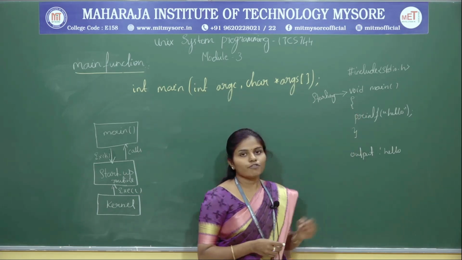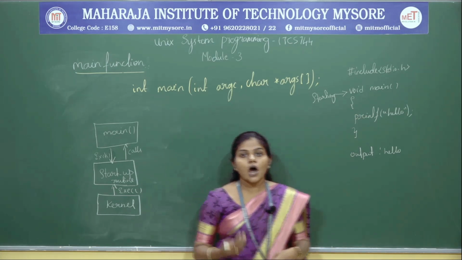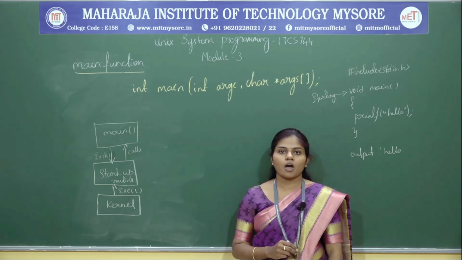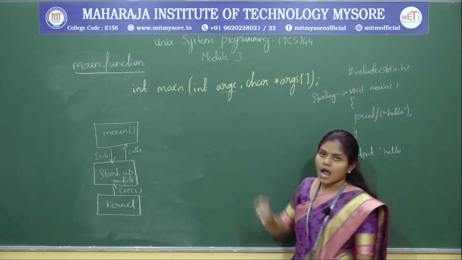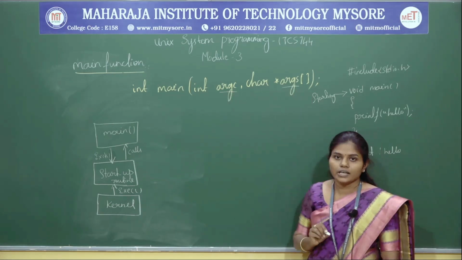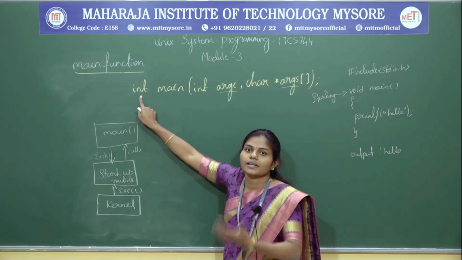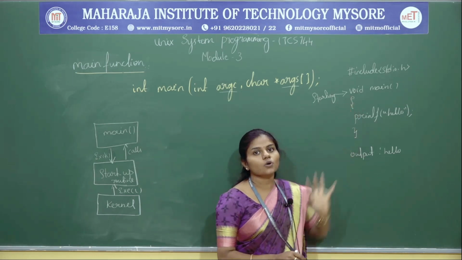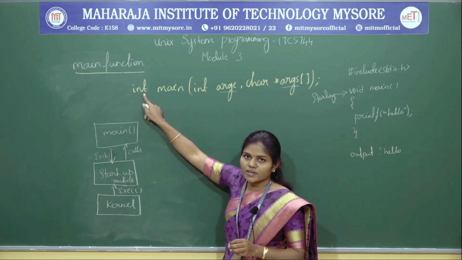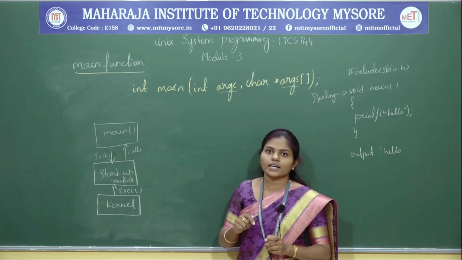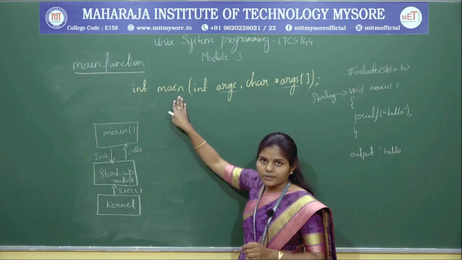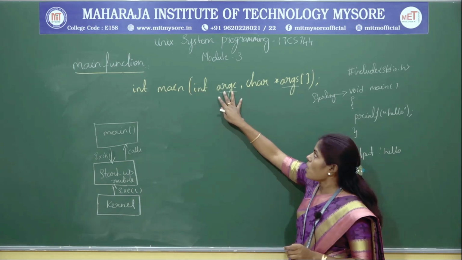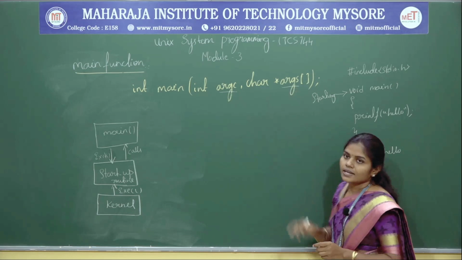Now for this main function, we are going to take arguments. The main is also going to take arguments. It takes two important arguments: one is argc and the other one is args. For the first one, we can specify any return type, that is integer or void. When you specify void, it is not going to return any value. When you specify integer, it is going to return a value. Now int main is the function, and it is going to take two parameters: one is argc and the other one is args.